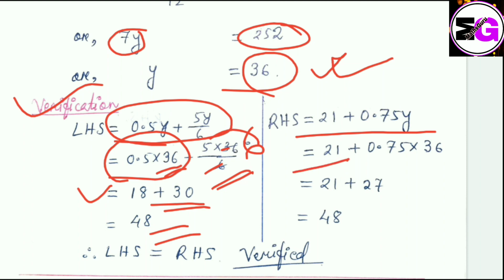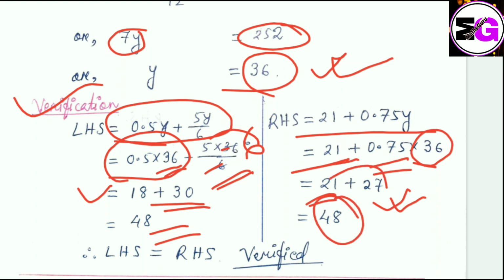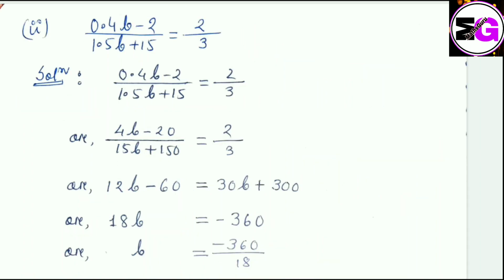Now the right hand side is 21 plus 0.75y. The 21 stays, and we put the value of y in 0.75 into 36, which is equal to 27. So 21 plus 27 is equal to 48. As you can see, the left hand side and the right hand side both have 48. That means the statement is true for y equals 36. The next problem is